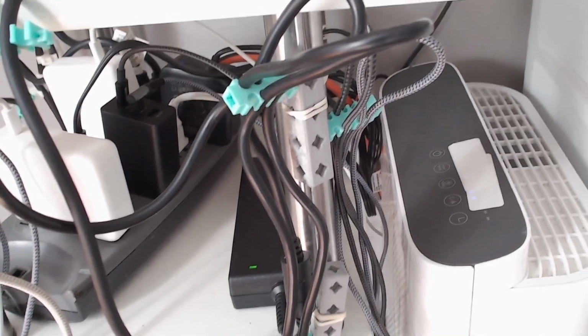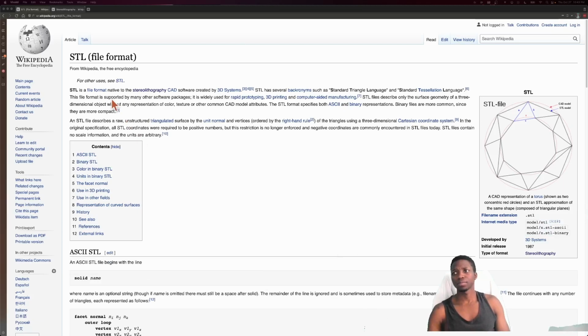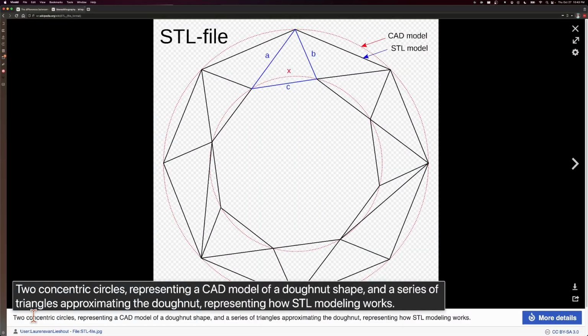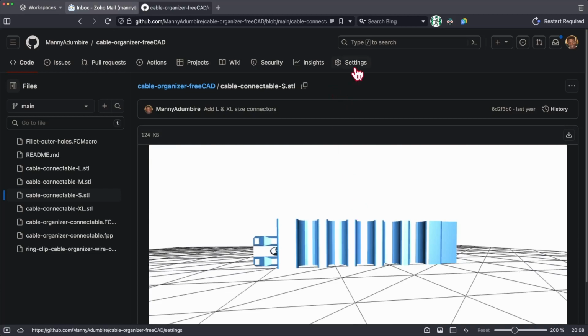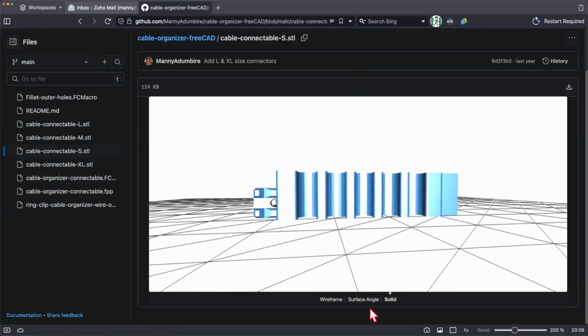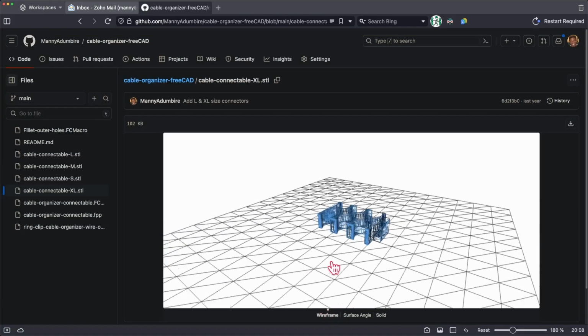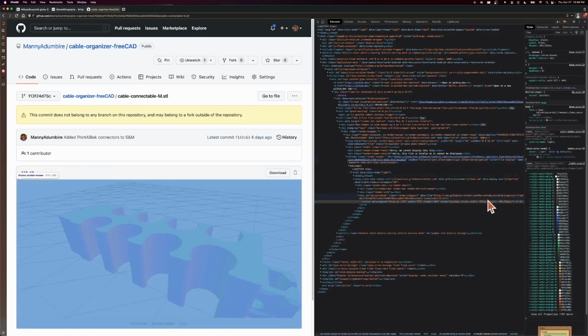I've been experimenting with a cable connector to just kind of organize my wires. I work on it in FreeCAD, and I export this boundary representation from FreeCAD into an STL file, which I then store in GitHub in order to retain the history of the different versions of what it looked like at different points in time. It has really nice options for how you can view that file right in the browser,